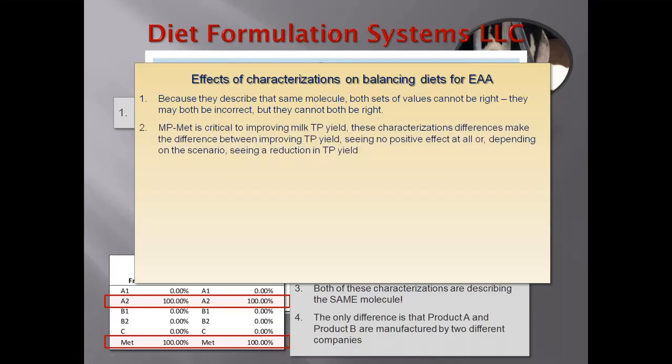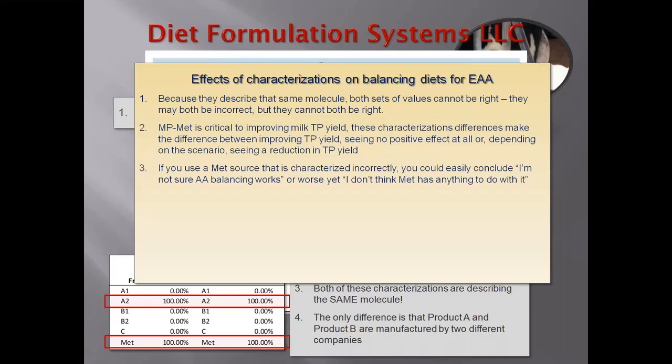Methionine at the intestine is critical to improving milk protein yield. And these differences in characterization that we just looked at make the difference between actually improving true protein yield, seeing no positive effect at all, or possibly seeing a reduction in protein yield. So the characterization is critical,